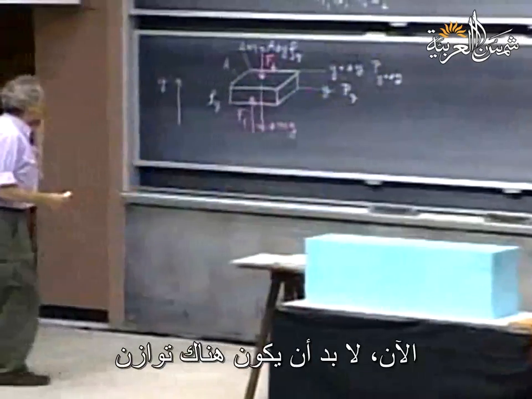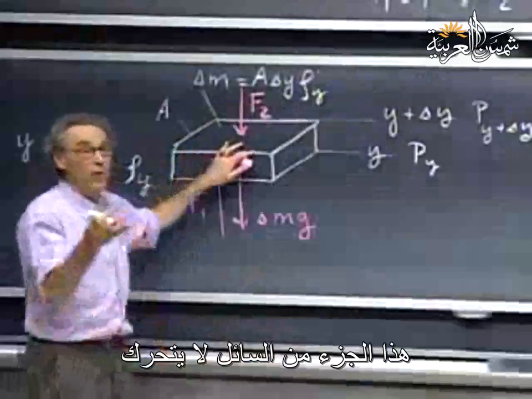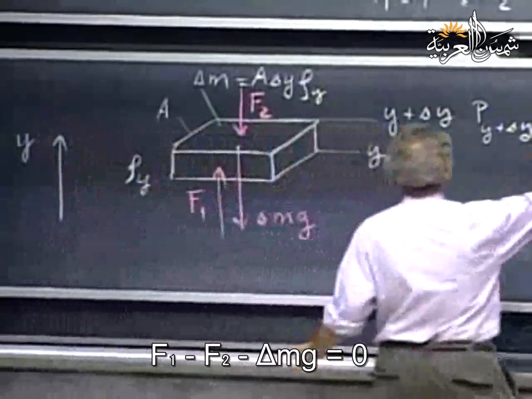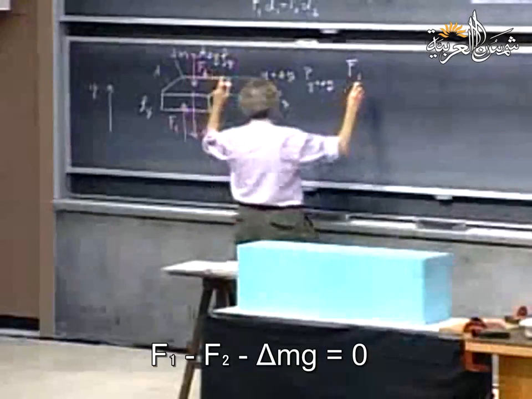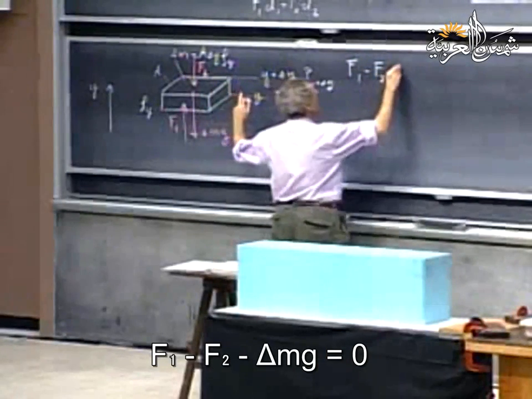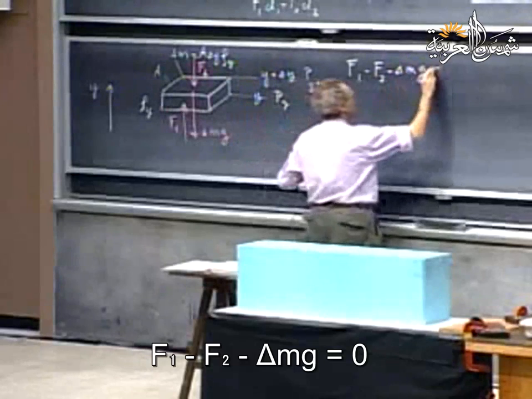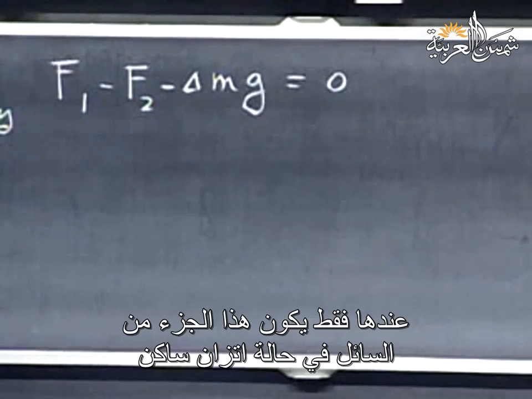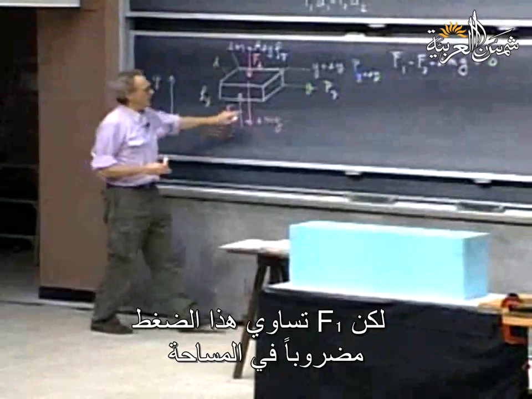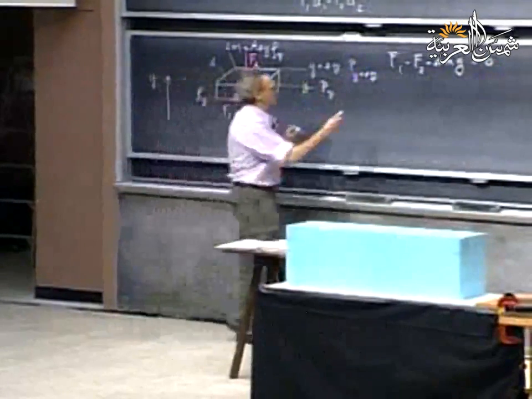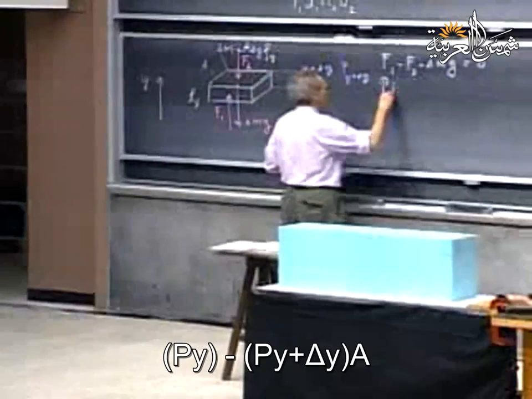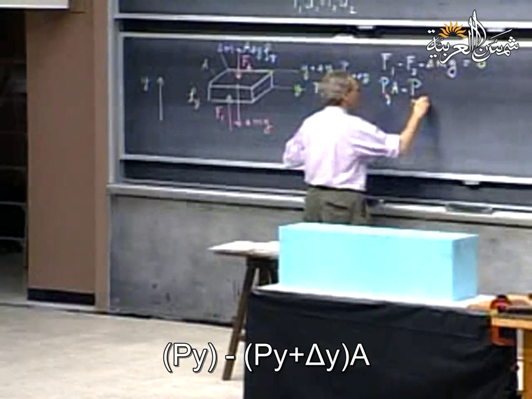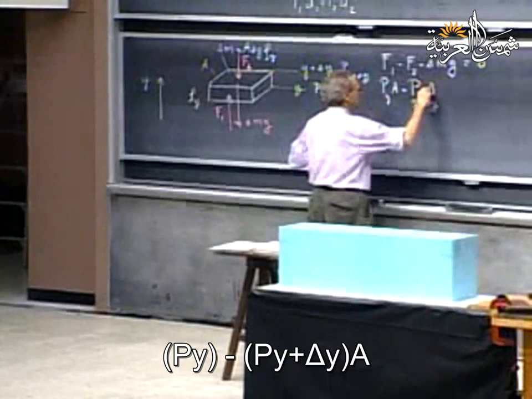So now there has to be equilibrium. This fluid element is not going anywhere. It's just sitting still in the fluid. And so I now have that F1, which is in this direction, minus F2, minus delta m g must be 0. Only then is the fluid element in static equilibrium. But F1 is this pressure times the area. So that is P at level y times the area, and F2 is P at level y plus delta y times the area,